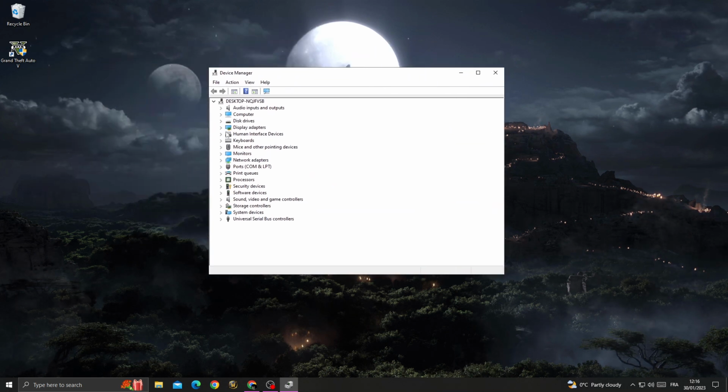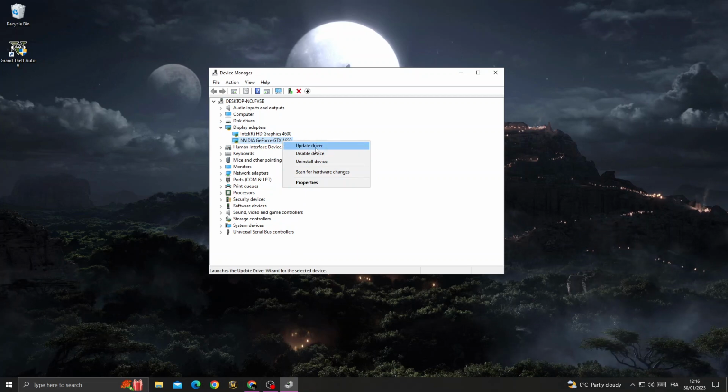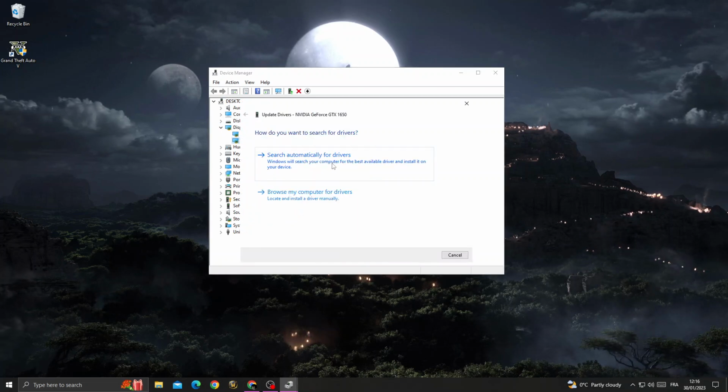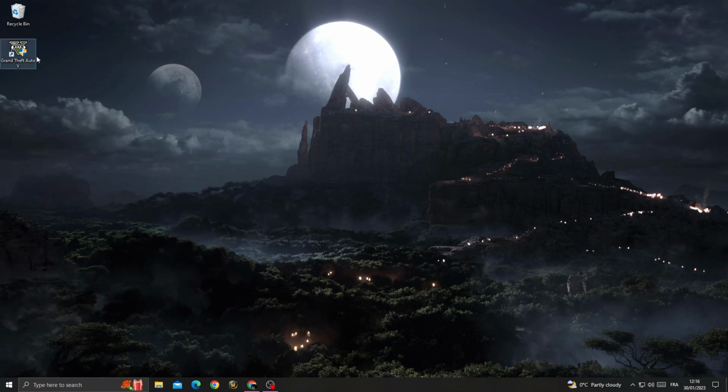Now just make sure to update your display adapters. Right click on it and click update driver, and then search automatically, and that's it. Now after that, restart your PC and try to launch this again, and if that